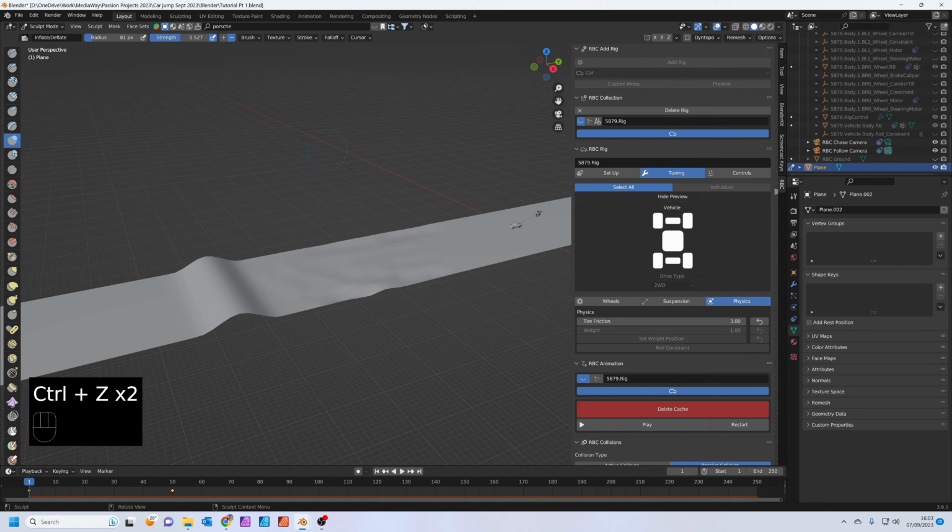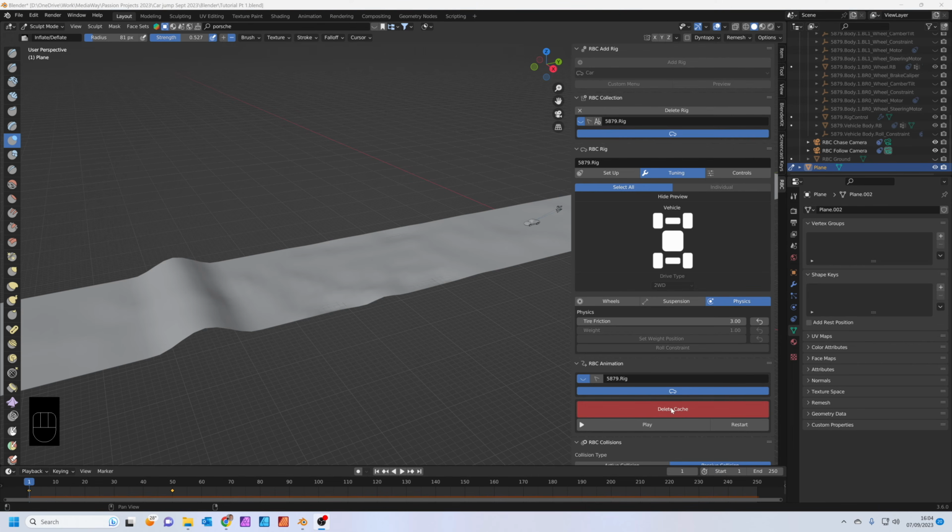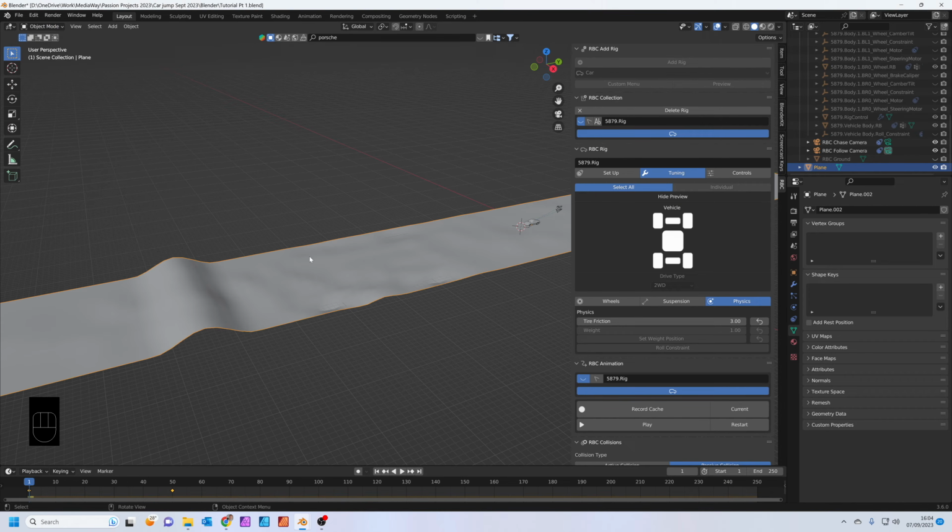Let's do a little bit of roughness on the road just to get a bit more of those physics working. So you can see the car's wheels bumping up and down a little bit, make the road a bit rougher. Don't forget to delete your cache. Go back into object mode. Let's do Ctrl A, apply all the transforms and record the cache again. We see the car's now bumping along the road, jumping nicely.